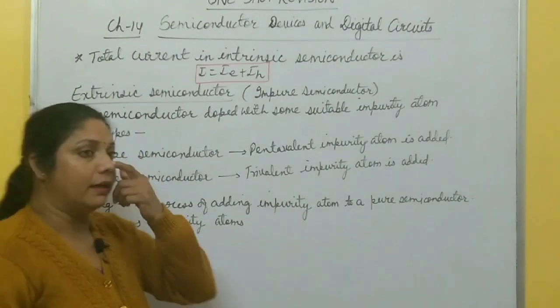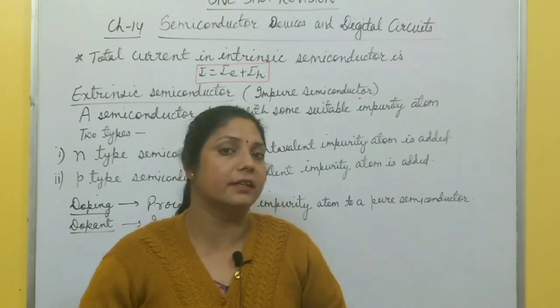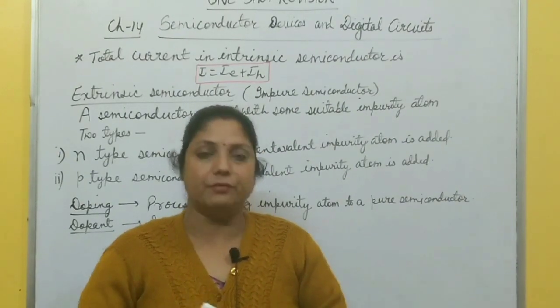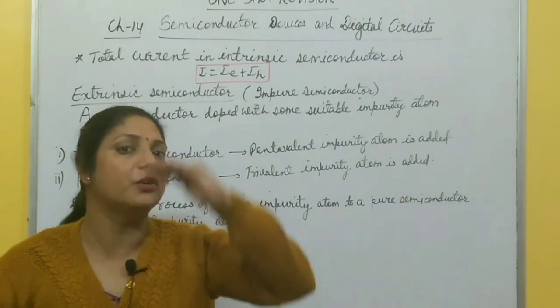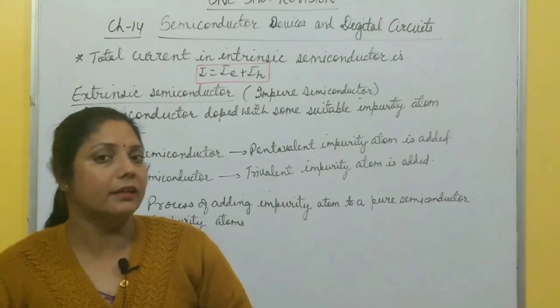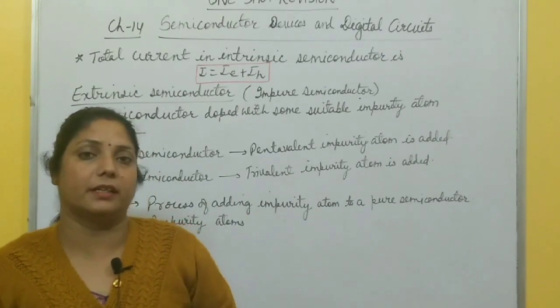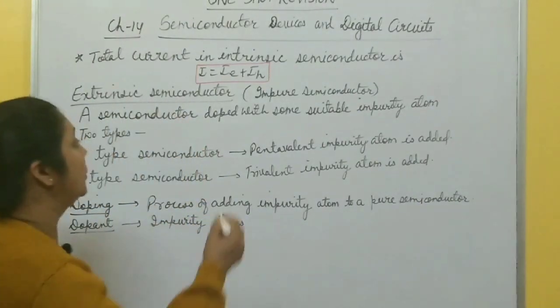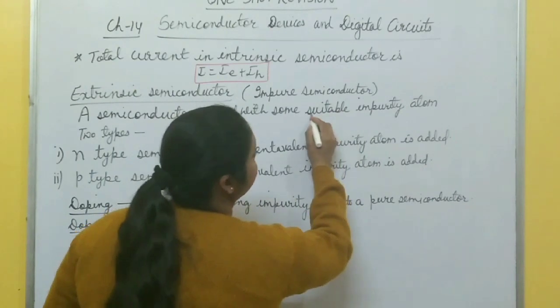You know at 0 Kelvin, the conductivity of an intrinsic semiconductor is 0. But if you increase the temperature, some electrons jump from the valence band to the conduction band and there is some conductivity, right? So to increase the conductivity of an intrinsic semiconductor, we have to dope the pure semiconductor with some suitable impurity